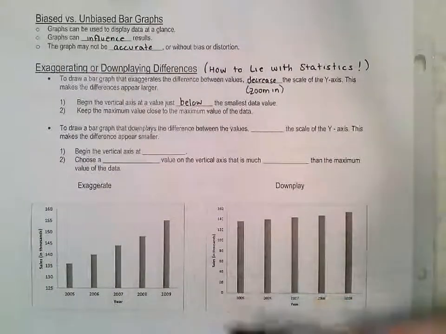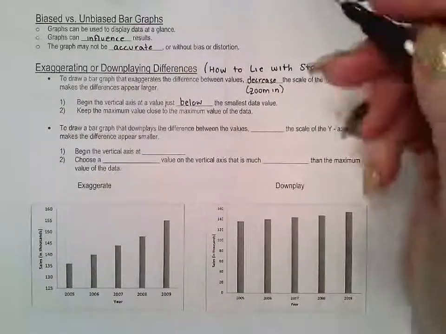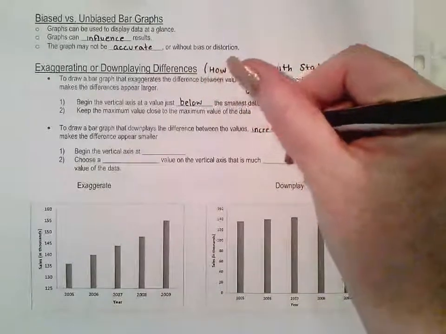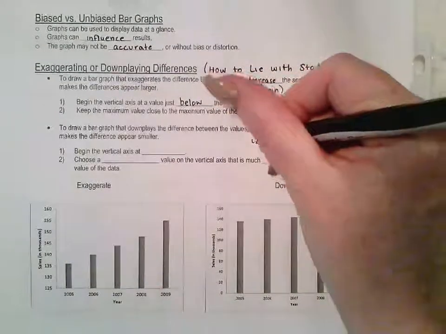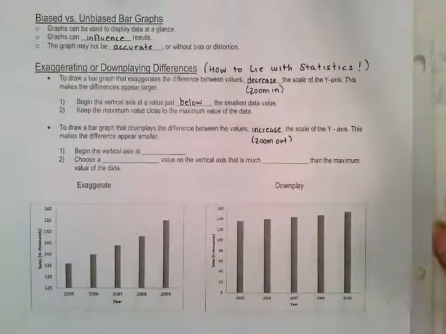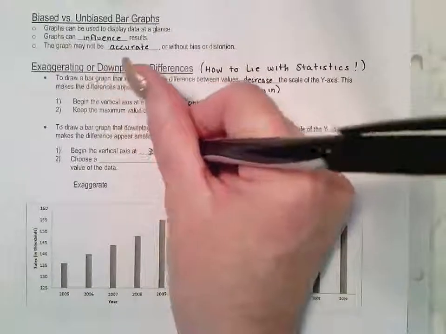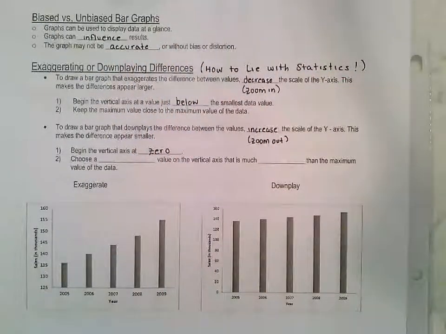Now, if we want to do the opposite, if we want to decrease the differences, we're going to increase the scale, really zoom out on the y-axis to make those differences appear smaller. And you're going to do this by beginning the vertical axis at the smallest value you can, which is 0. And then you're going to choose a maximum value on the vertical axis that is much smaller